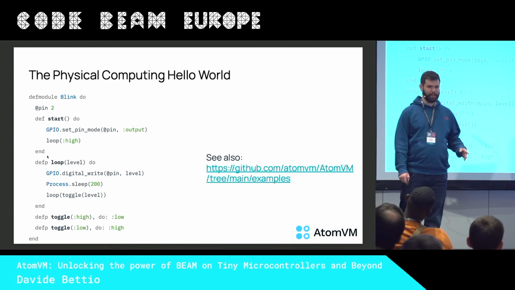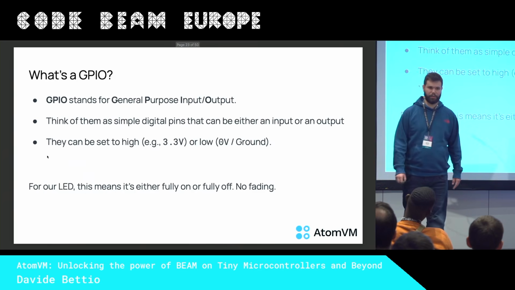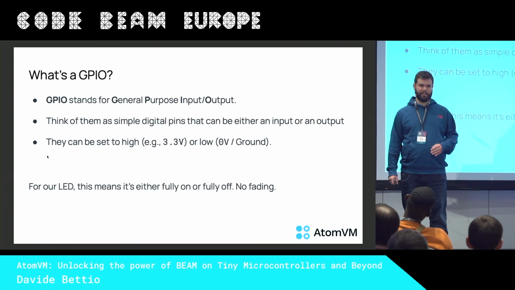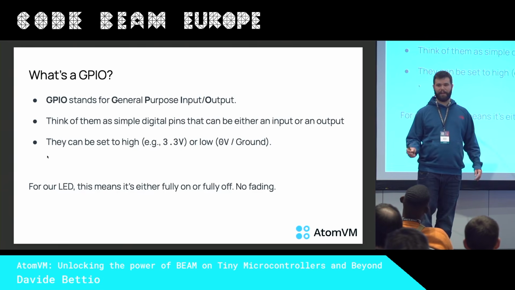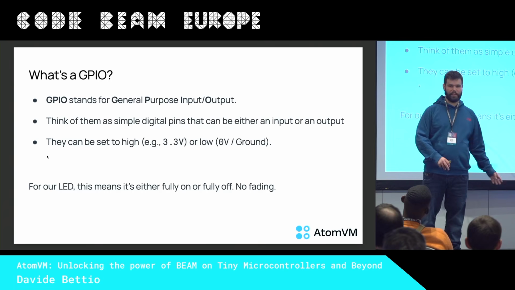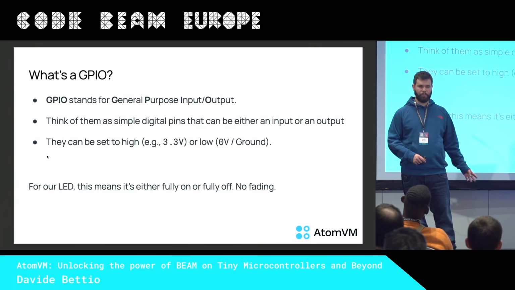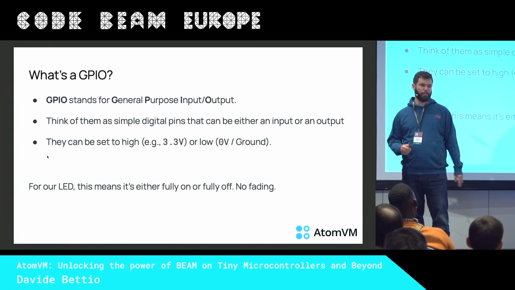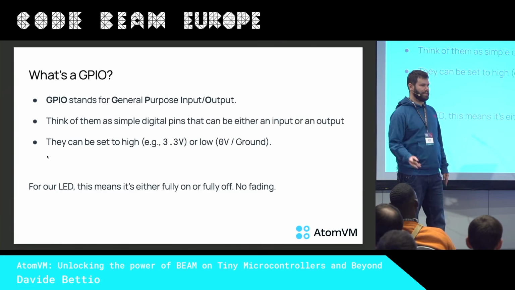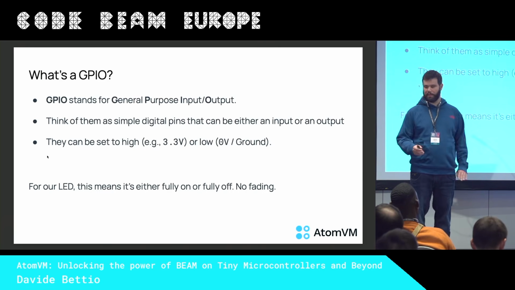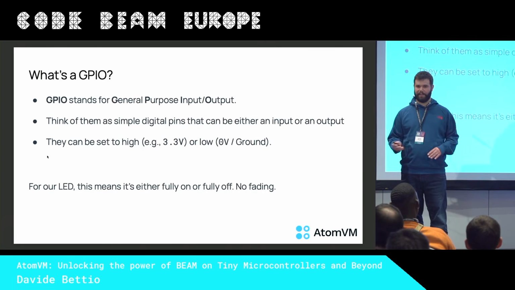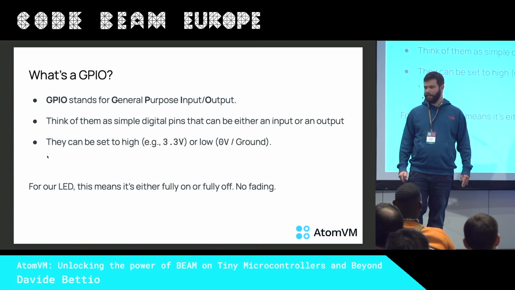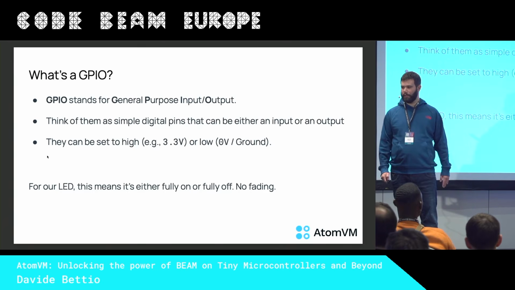And the only thing that we have to talk about very briefly is what a general purpose input-output is. Basically, general purpose input-output is a pin you can configure in a flexible way. So you can choose whether you use it as an input or as an output. And when you use it as an output, you have only two possible logic levels, which usually are 0 volts and 3.3 volts. And that's it. So you cannot do any kind of fading or anything else with your LEDs. There are other options, of course, but still, this is what a general purpose I/O is.